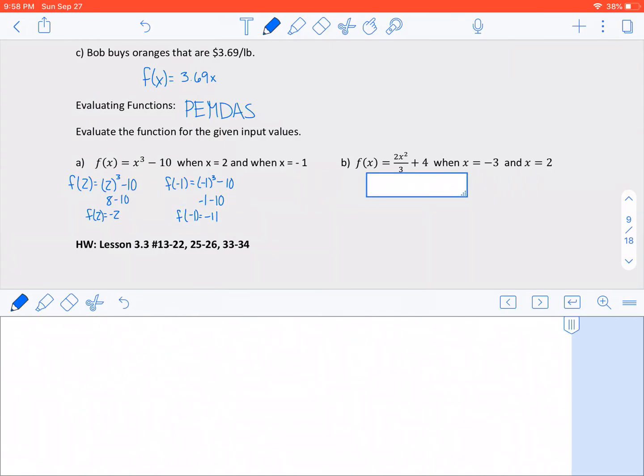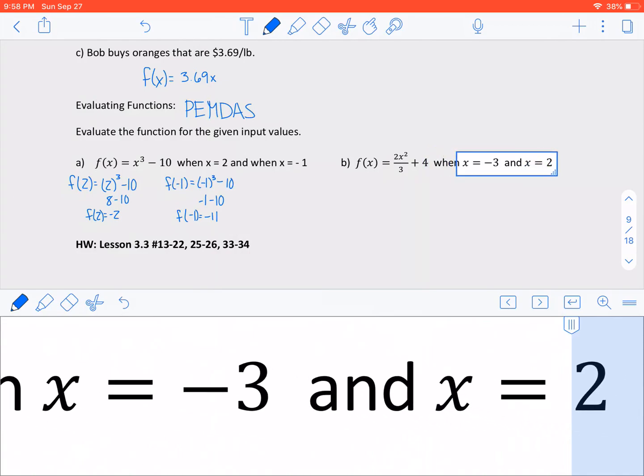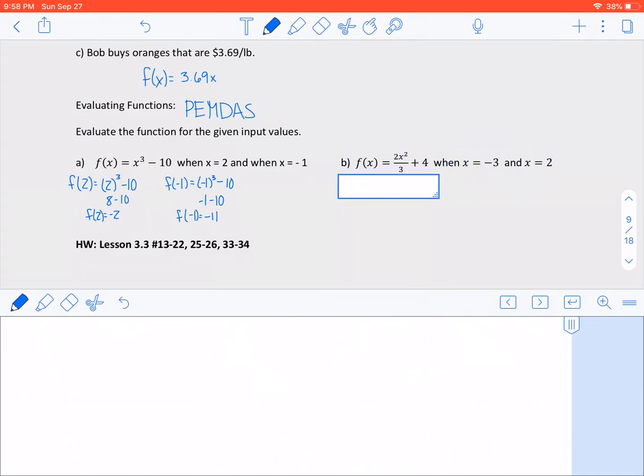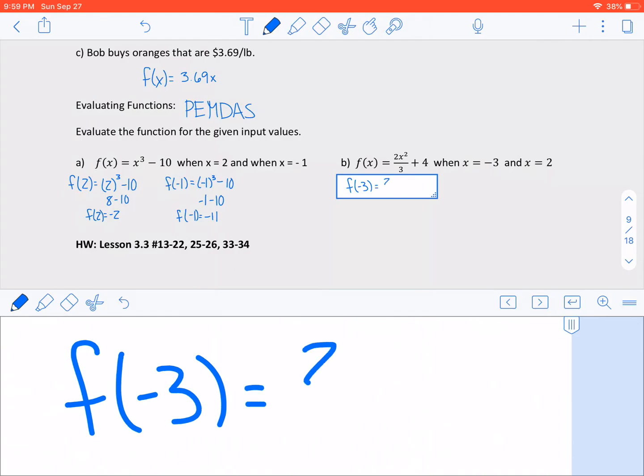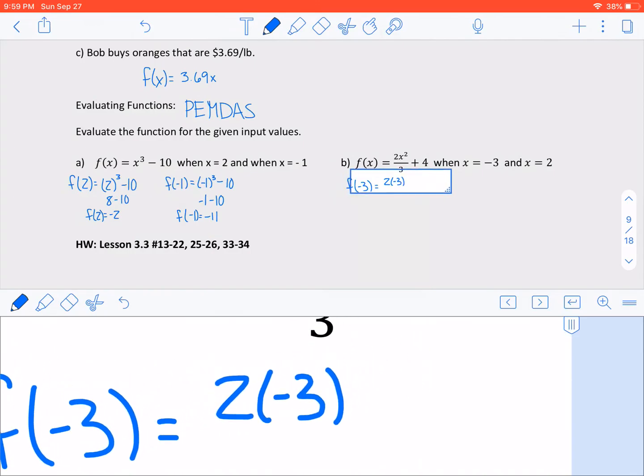All right. Here, we are going to evaluate negative 3 and then 2. So let's start with negative 3. So f of negative 3. And again, this doesn't mean f times negative 3. This means the function evaluated at negative 3 equals 2 times negative 3, and I always use parentheses when I plug stuff in,